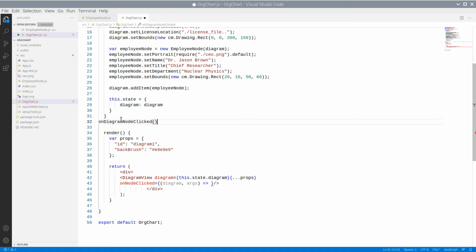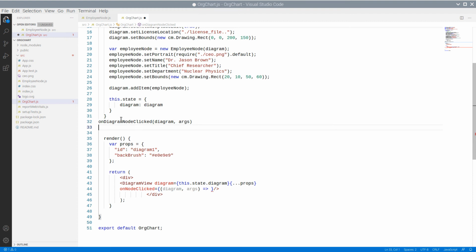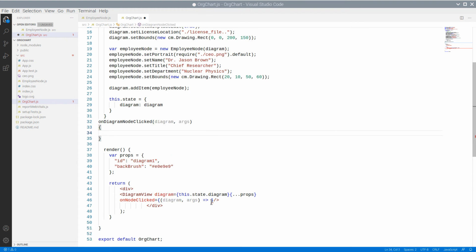In our case, we create the onDiagramNodeClicked method, which takes the parameters required by the event handler.